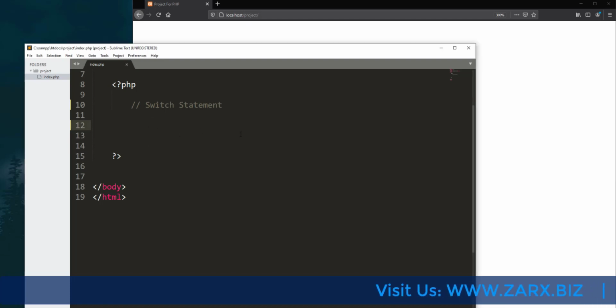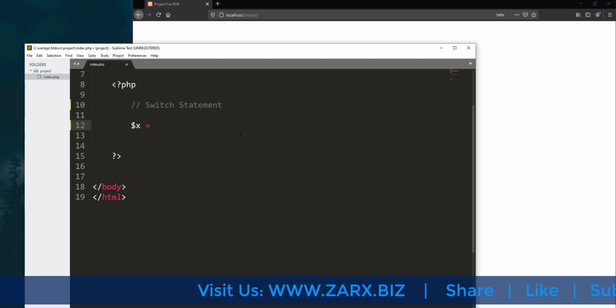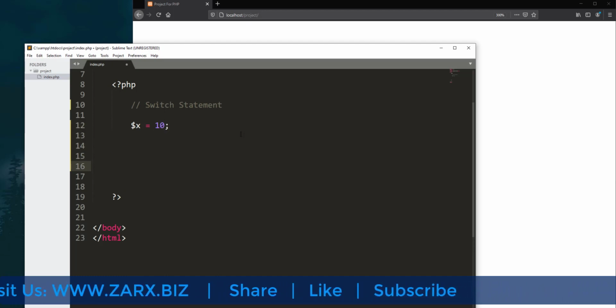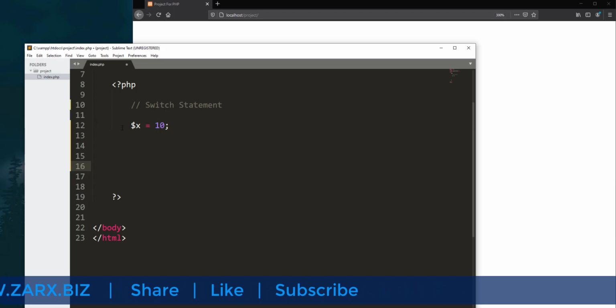So here I'm going to type $x and give it a number, 10. Let's assume that you're getting some value from the user and you want to execute some functionality according to the input you get. So what you can do here is simply say switch,